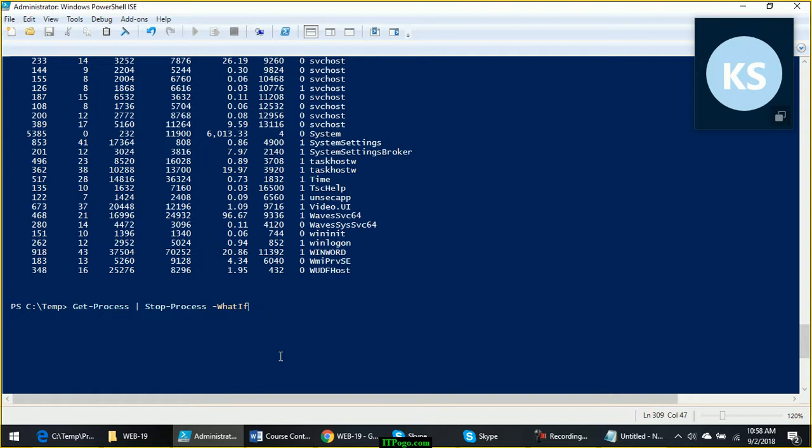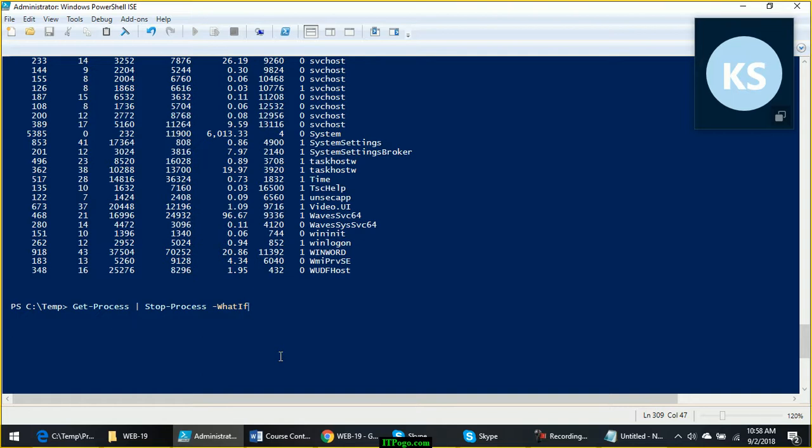This parameter what if is available with every single PowerShell commandlet which is capable of making changes to your computer. So stop process can change your computer, right? It can make changes to your computer by killing the processes. This is not a read-only command like get process. Get process is just a read-only command which will just read the current status.